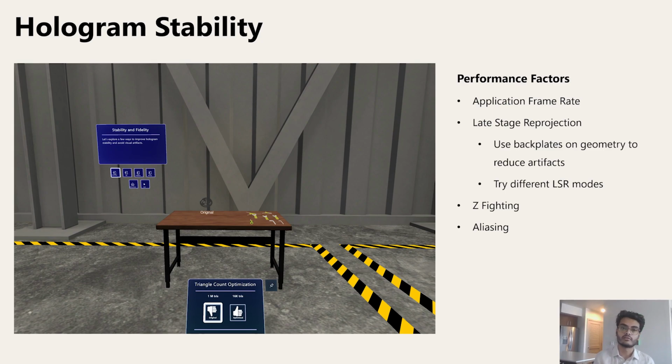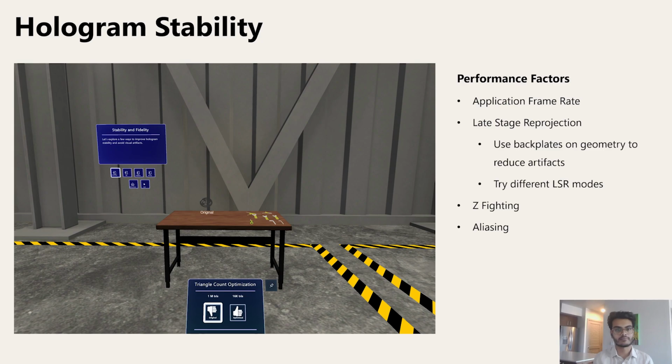And when they don't render at 60 FPS, it can really make it more uncomfortable for your user who's using the app. So this is really hard to demonstrate, especially if your app's always been rendering at 30 FPS without seeing an app that actually renders at 60 FPS. So when you go into this stability module, the first thing we show you is this bicycle cog that's unoptimized, which has almost a million triangles, which causes the app to render at 30 FPS,